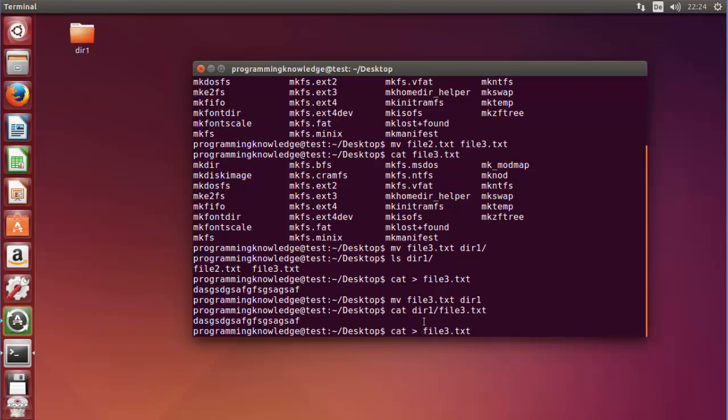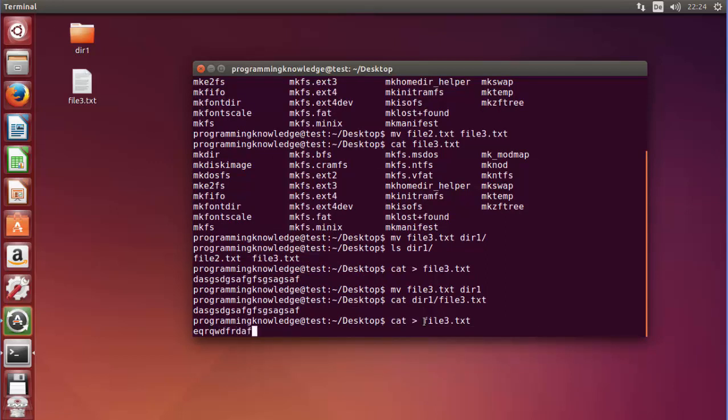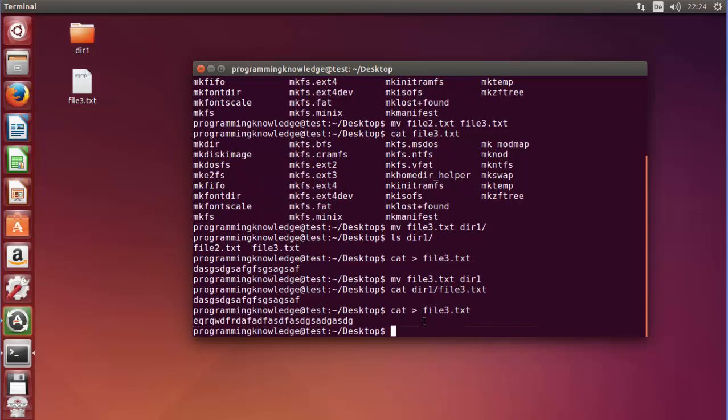So first of all, I will create once again file 3, and this time I will once again give some random text here and press Ctrl D, and this time instead of using this command like this, I will use a flag -i, and flag -i stands for interactive mode. So it will ask you if you want to override the file which was already present in the directory 1